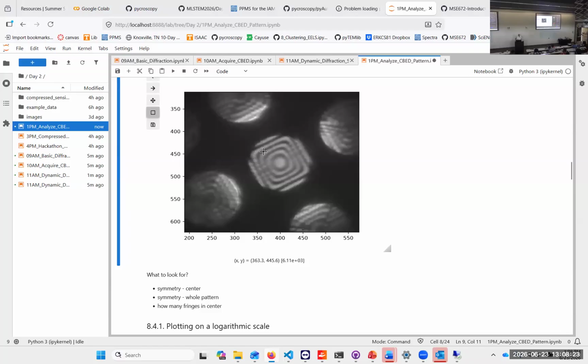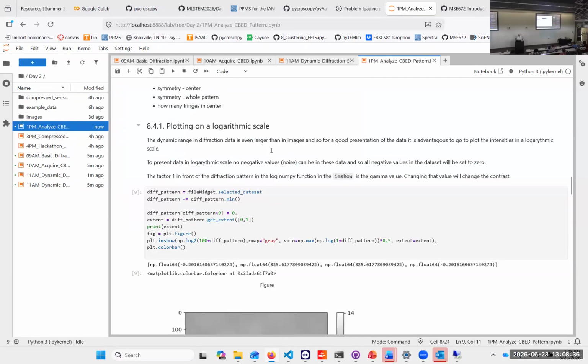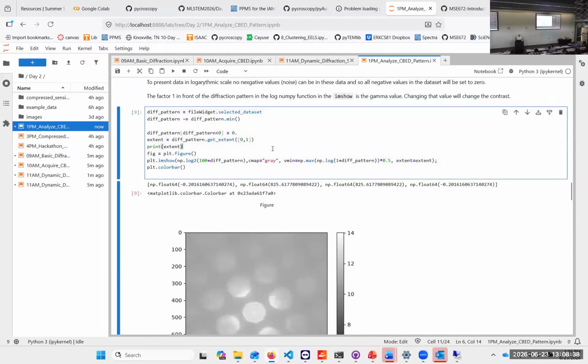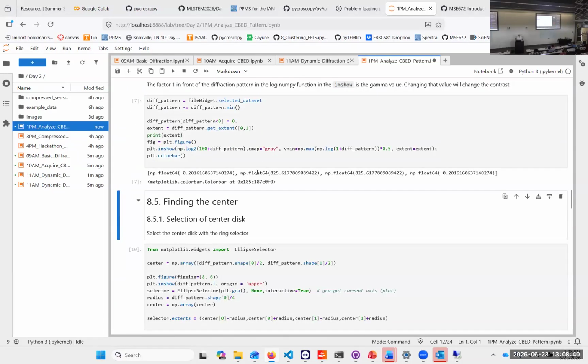You notice we have many more of these thickness fringes. So it was a significantly thicker sample, right? It was also at 200 kV. And if we plot it on a logarithmic scale,